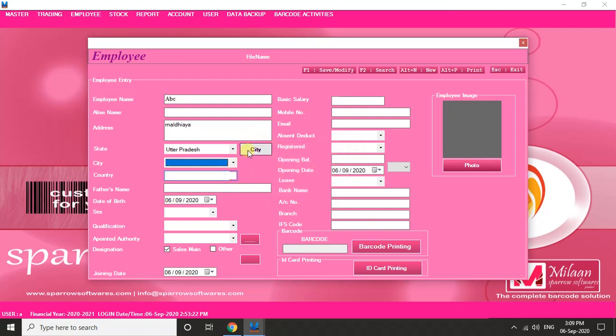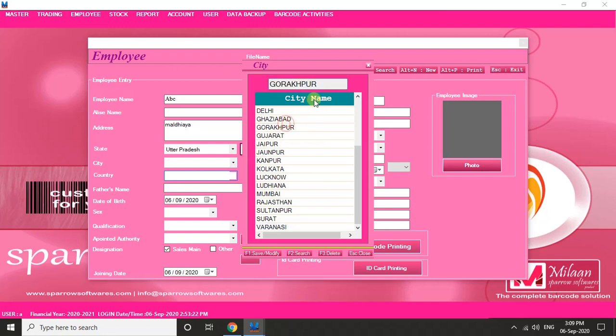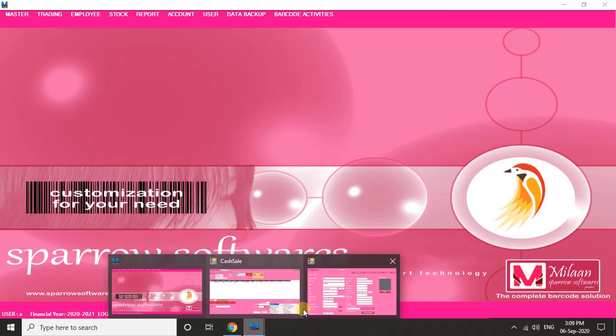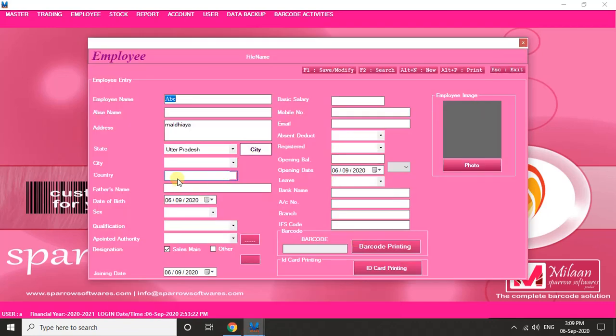Select the city of the employee, so the employee will be created. We'll click F1 to save the form.